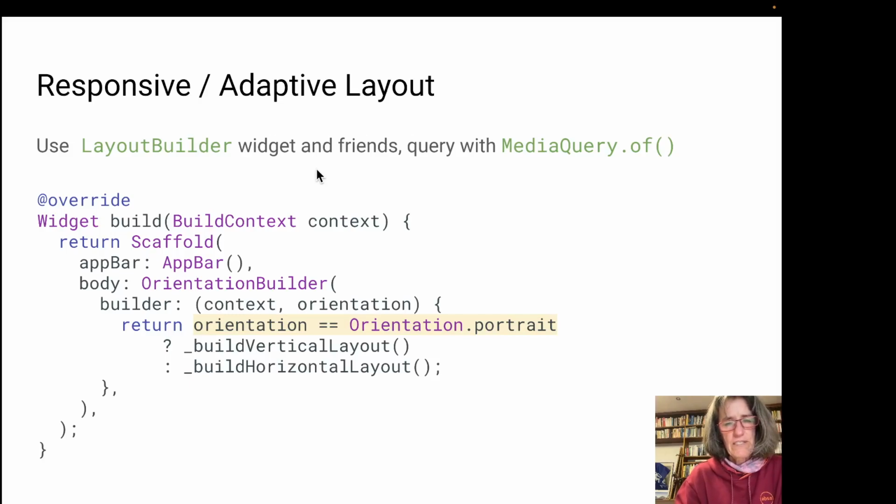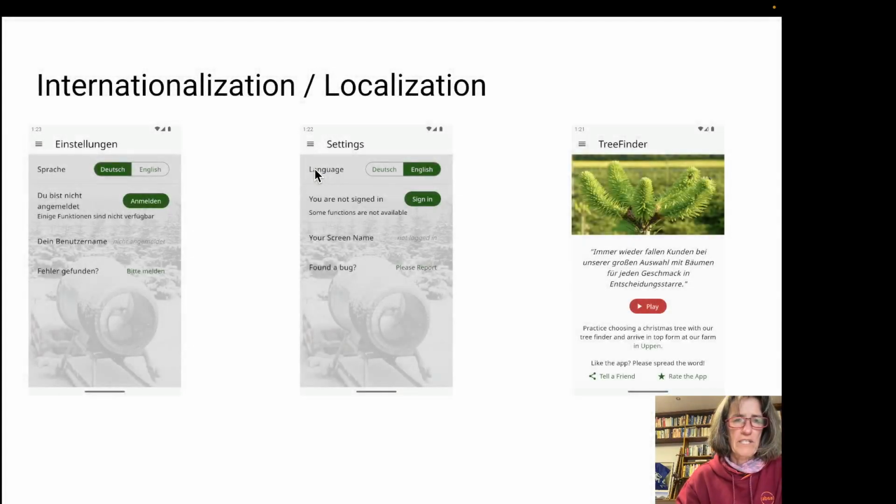If you look at how this is implemented, as a designer, you still have to handle the scenarios yourself. So you have to decide, if the phone is in landscape mode, do I want to have 2 columns, and what should be in these columns? But what Flutter provides is a mechanism to recognize changes and then pull the correct design and automatically redraw the components that need to be redrawn if something changes in your assumptions. So for example, you flip the phone. So this is all you need to do.